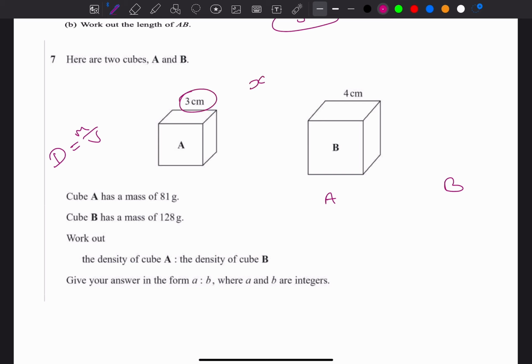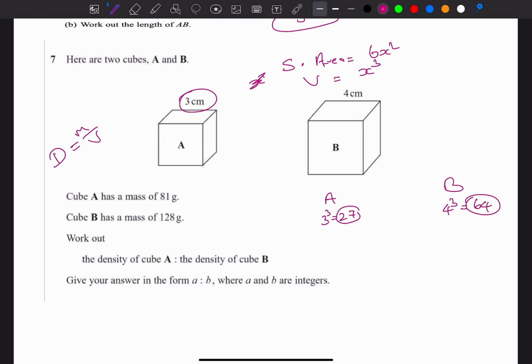So the length is x, and the volume is x cubed. Remember, surface area of a cube is 6x squared, which you don't need. The volume of a cube is x cubed. Why is it 6x squared? Because 6 faces, each face is x by x, so x squared. So 6x squared. Volume will be x cubed anyways. We don't need the area, I'm just telling you. The volume of A is 3 cubed, which is 27. B is 4 cubed. Volume is